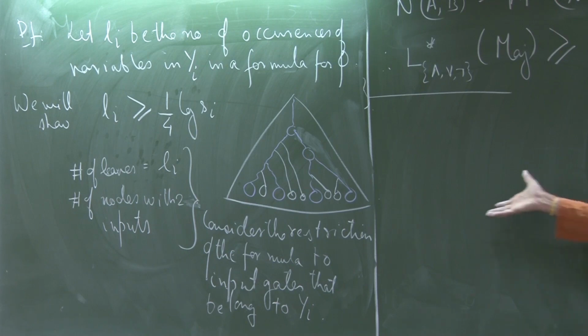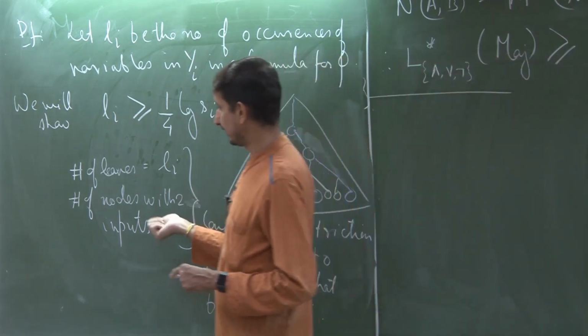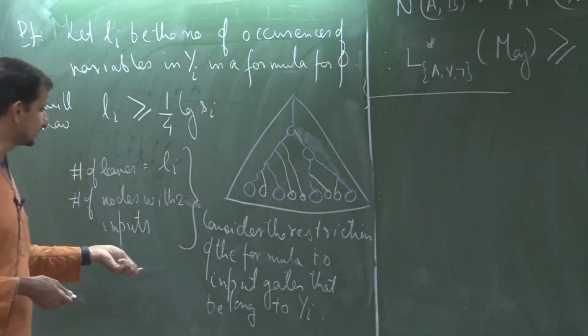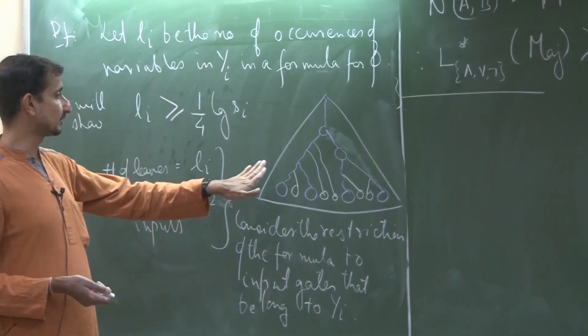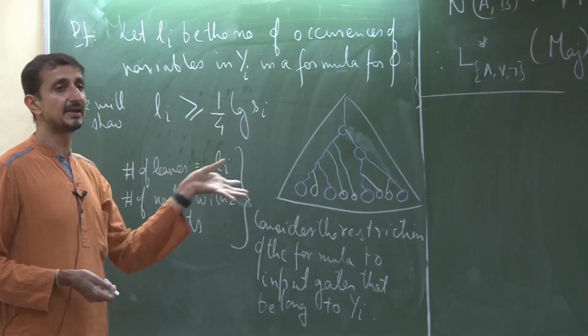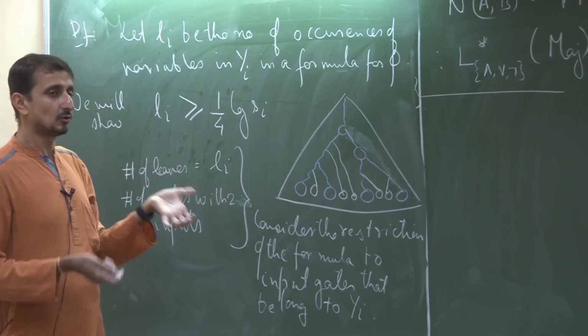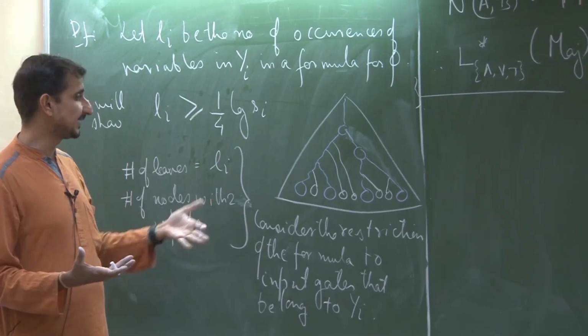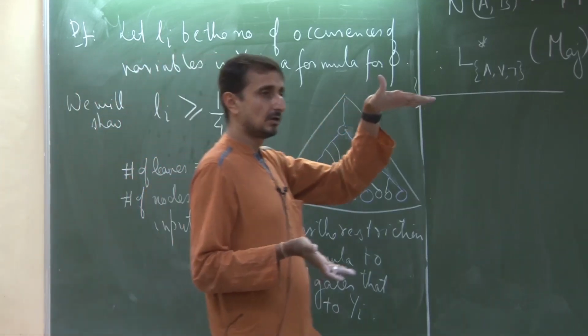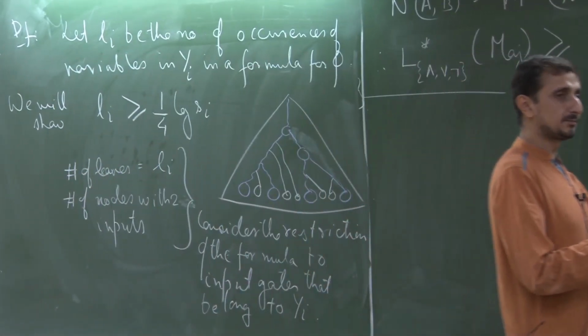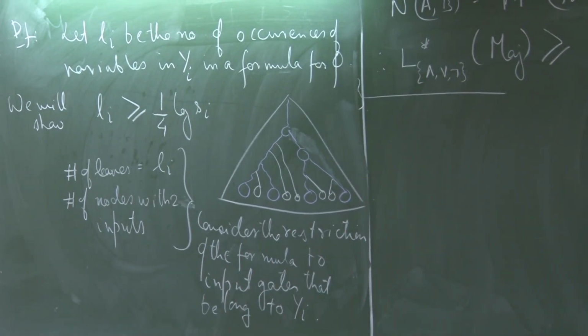So, again, you can go back and look at this. This is from the theory of binary trees. The number of nodes of in degree 2 will be Li minus 1. One way to look at it is that if you compress all these paths that are present and make it into a binary tree,